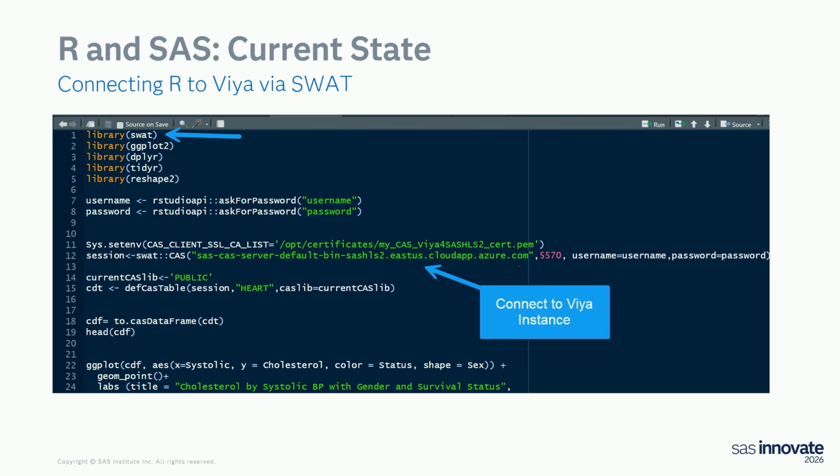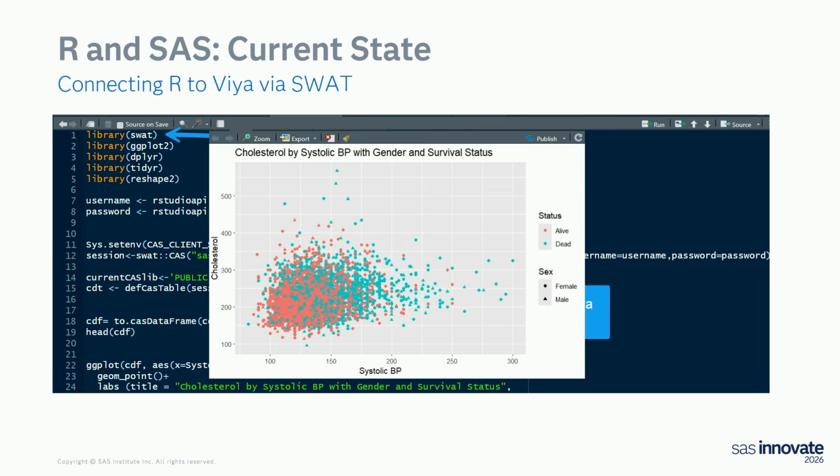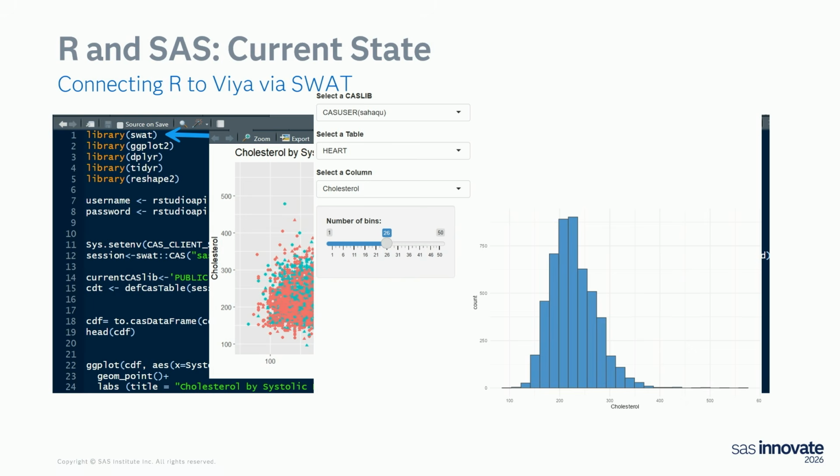And all I have to do is say, well, here is my Viya environment. Here's where the certificate lives. Here's what I want to connect to. I've actually prompted for my username and password. When I do that, I can make a connection to any data set that lives in Viya and treat it like an R data frame, right? So I've got some code in here that actually says, let's just treat this as a data frame, and I can make SAS graphics, or R graphics, off a SAS data set. I can even do R Shiny apps this way, right? So if you have data that lives out in Viya data sets, you can do that.